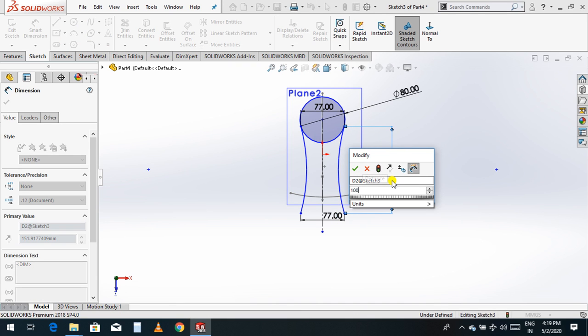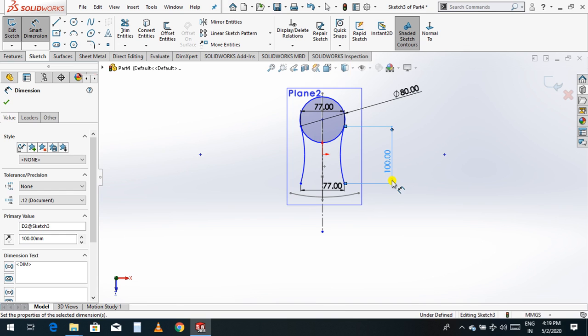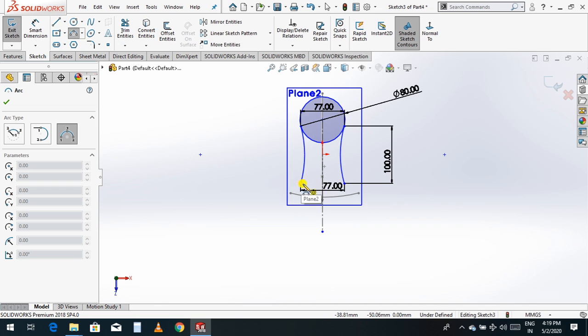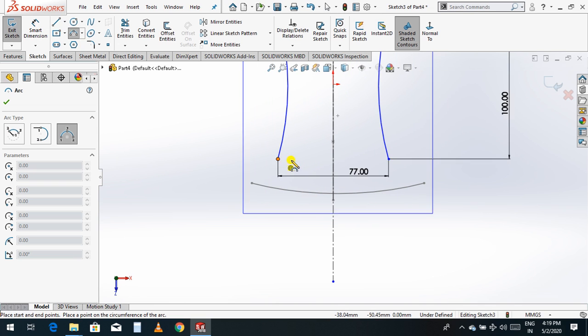I'll take it 100 like this. Now go to 3-point arc and draw like this.